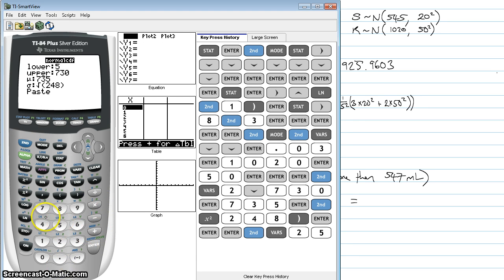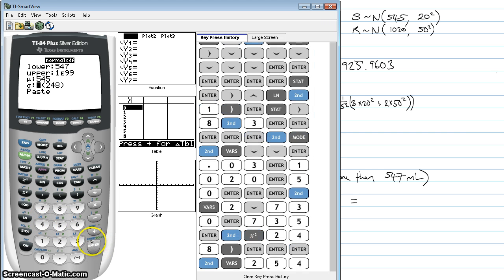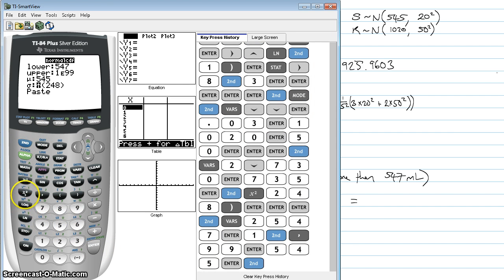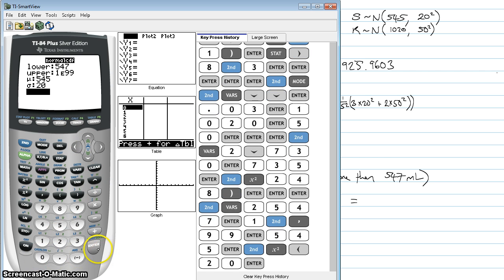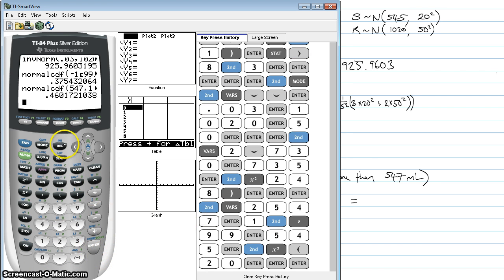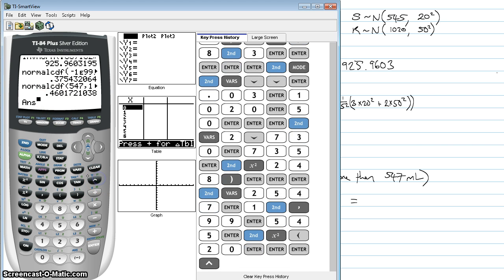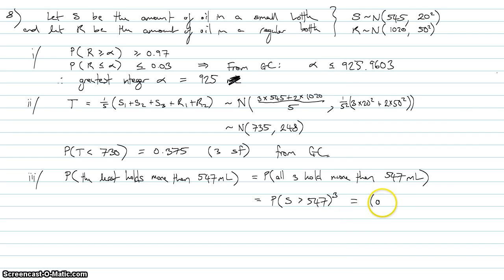So now my lower bound is 547, and for my upper bound I choose a number as big as I can go. The mean was 545, and the variance, or rather the standard deviation, they actually told me this, was 20. So I'm just going to key in 20 here, and I get 0.460, and then I don't just want that, I want that number cubed, so I get 0.0974 to 3SF. So this is 0.460 cubed is equal to